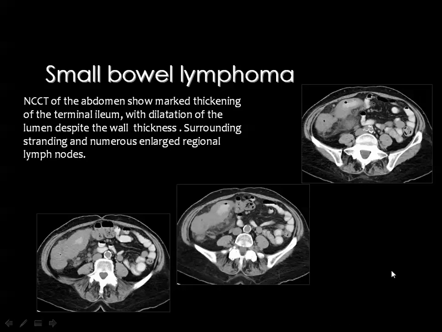And this is also a case of a small bowel lymphoma affecting the terminal ileum, and you see the similar finding: long segment affection, significant mural thickening encroaching on the bowel lumen, and sometimes you can see a stranding of